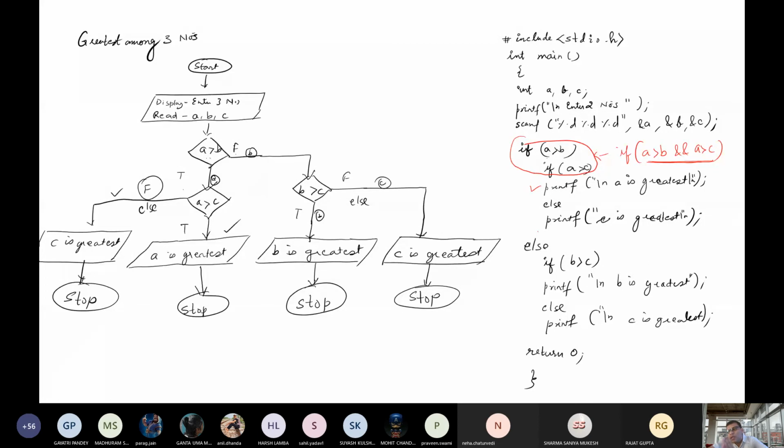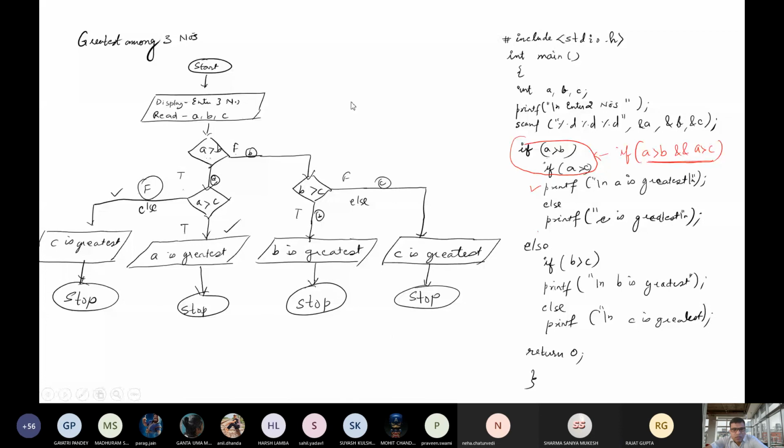If we are not putting a semicolon over here, it will go further and wait for another statement. Up to A is greater than C, this statement is not completed. And if both the conditions are satisfied, then only it will print A is greatest. Otherwise, it will automatically terminate at that particular end. That's why we are not using a semicolon for this if.